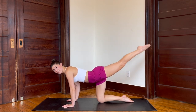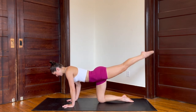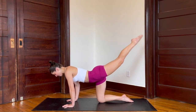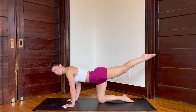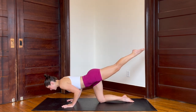And we're just going to do 10 little pulses right here, for 10, 9, 8, back is nice and flat, for 7, 6, 5, 4, 3, 2. And last one, we're going to hold that leg up and we're just going to bend it down